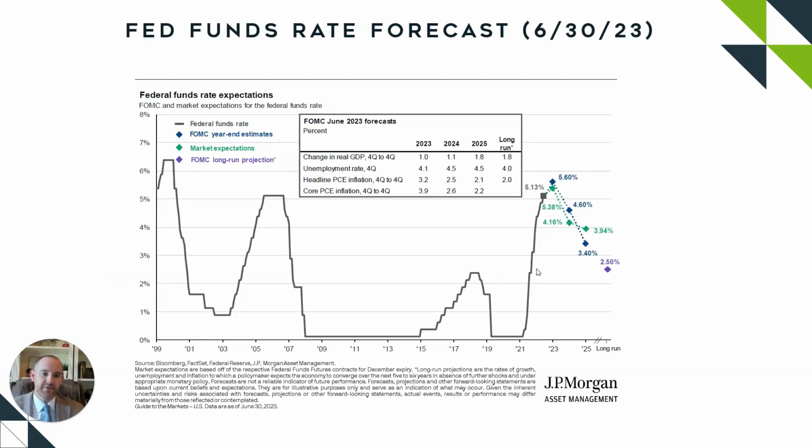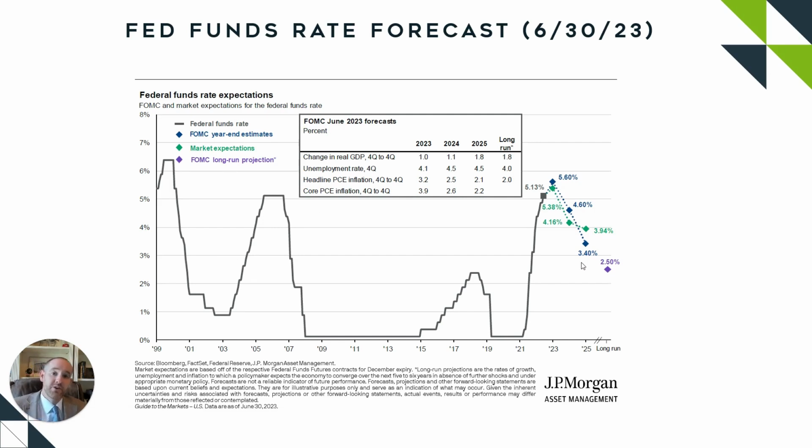Now, this is the FOMC's target rate. They always do these dot plots where they look at where they project interest rates to be going forward. This is a chart from JP Morgan Asset Management, but basically it's just taking the federal funds rate today, which is this dark gray bar, and then we have the market expectations, which are these green dots, and then we have the FOMC year-end estimates, which are these blue dots, and then you have this long-run projection where